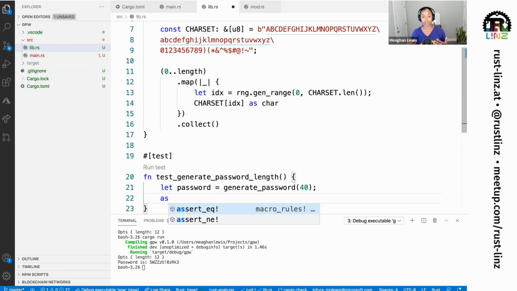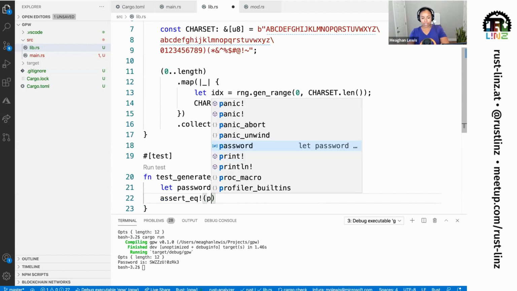This is very nice, as opposed to possibly having to integrate with some other kind of assertion library or framework like you have to do in other programming languages. You can get these simple assertions. So I have assert equal or not equal. There's also a regular assert, so you can put more custom assertions within that macro. But let's go ahead and just use assert equal for now.